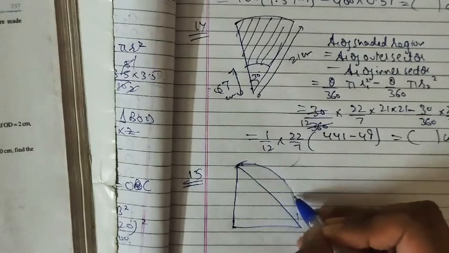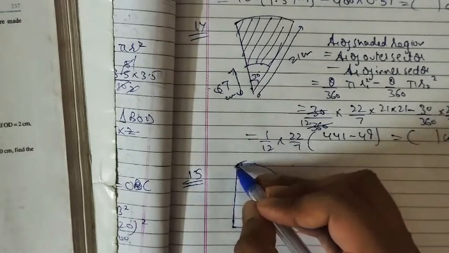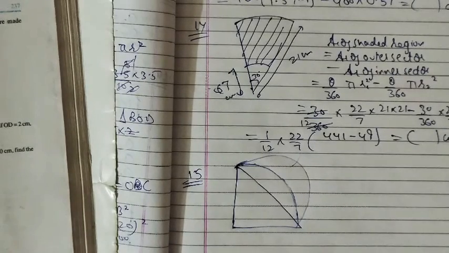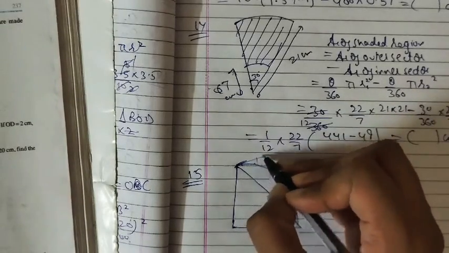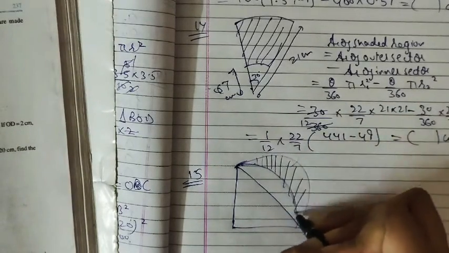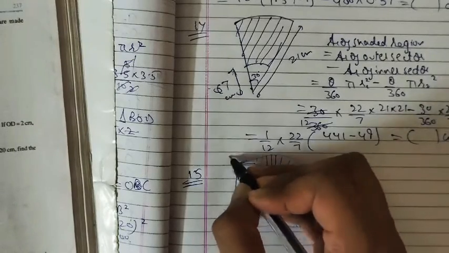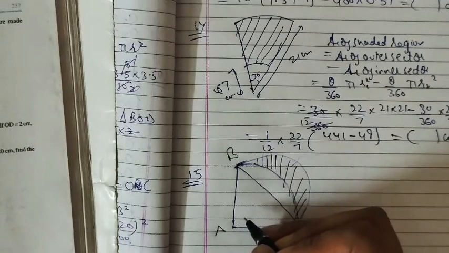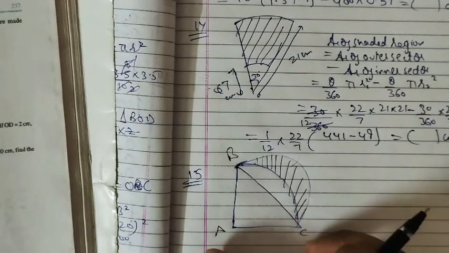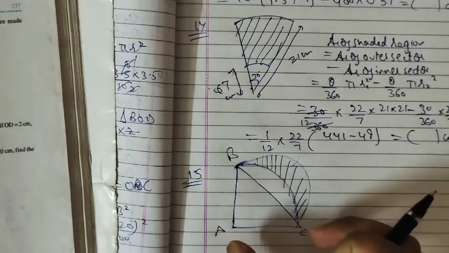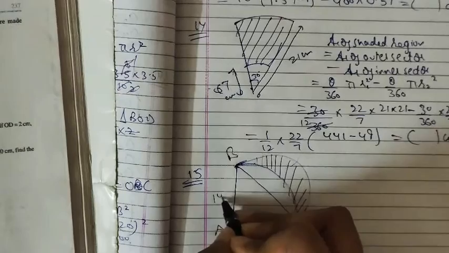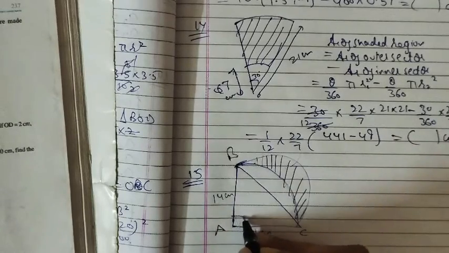How the question is presenting us, that situation may not be there, right? So this is a sort of... Okay, so in this we have to find out this area, right? So this is a semicircle BAC, and ABC is a quadrant of radius 14 centimeter. So this is 14 centimeter, this is 14 centimeter, and this is a quadrant, so that means this is 90 degree, right?